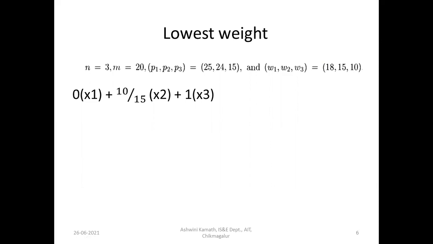If we add the third item completely, 10 kgs of the knapsack will be filled. That is 10 kg in the knapsack among 20 kgs. 10 kg is filled, and the remaining is 10 kg. The second item is 15 kgs, so among the 15 kgs, you pick 10 kgs and add it to the knapsack. So 10 out of 15 will be added from the second item. Again, we fill the knapsack entirely, so it is completely filled. So the weight will be 20 for this also.